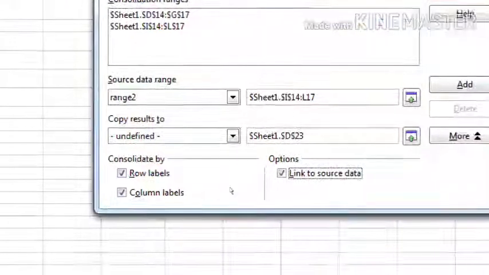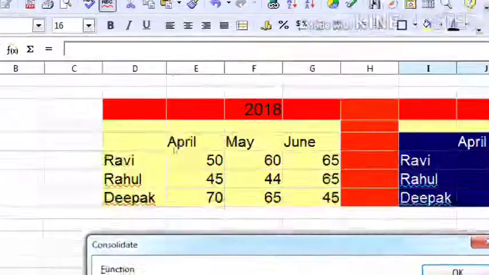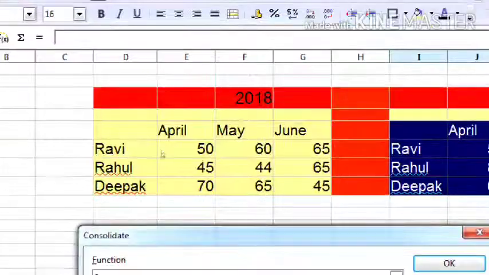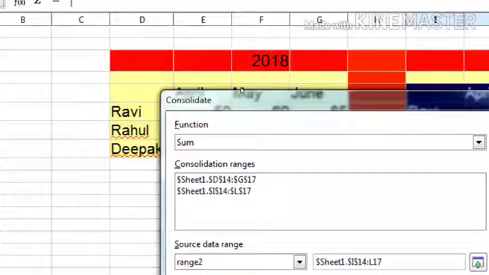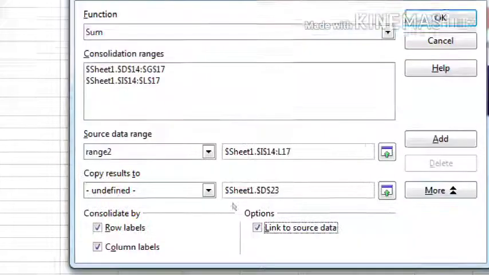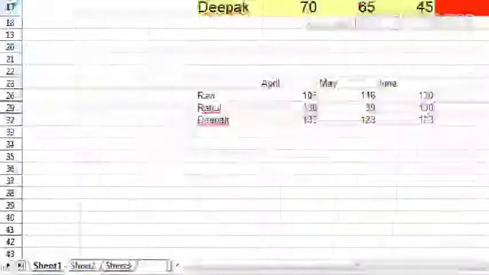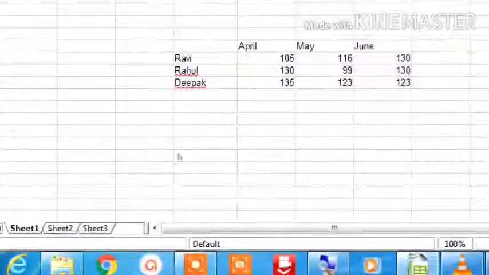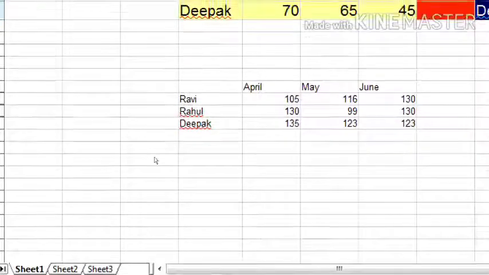Next is Link to source data. Link to source data means if we change any data here, then the output, where we give the output, will also apply the changes. Okay, now click on OK. Here you will see the output range. Here it shows the output.